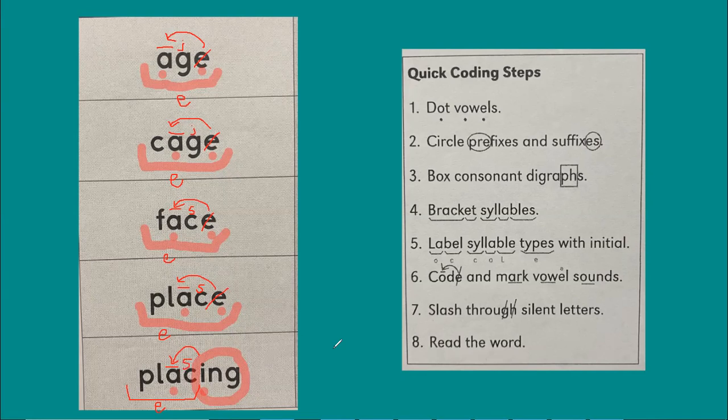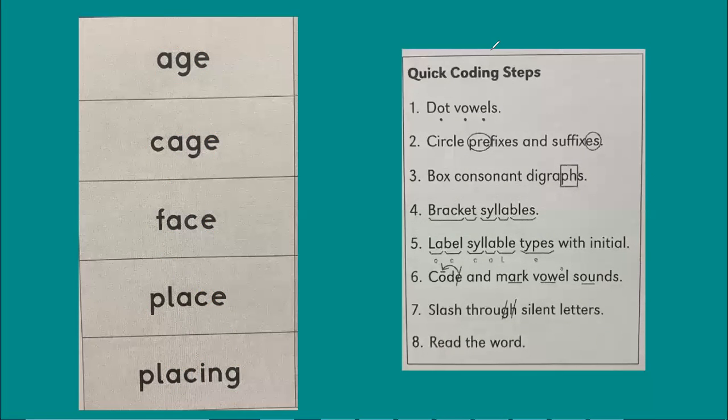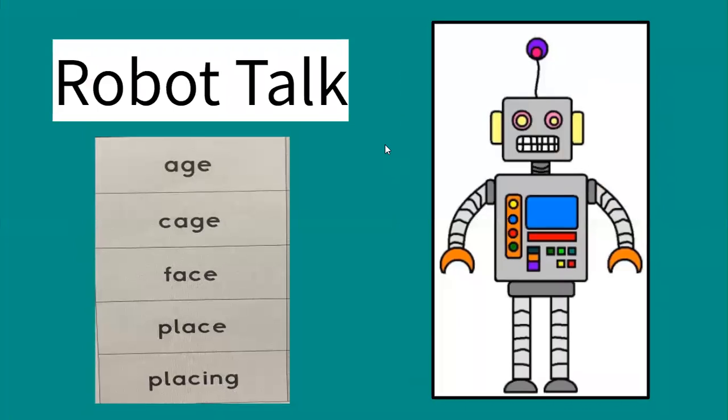Very good. So I want you to try these on your own and then come back to check your answers, and we'll go over them again tomorrow too. I'm going to go ahead and clear my screen so you can pause it if you need to. And then we're going to go to the next page. After we do the coding, go back through and remember your robot talk. So you say it really slow like a robot. Age, cage, face, place,